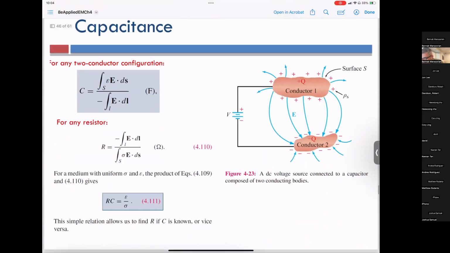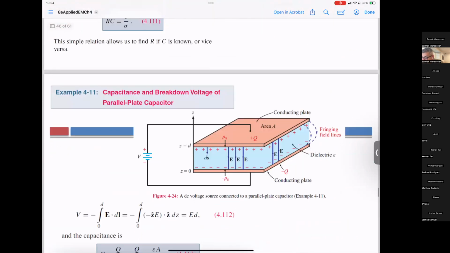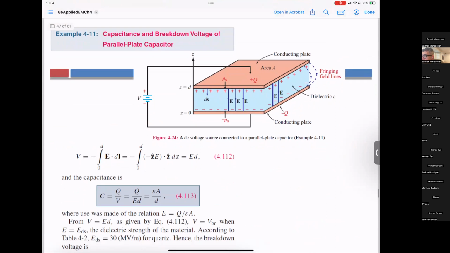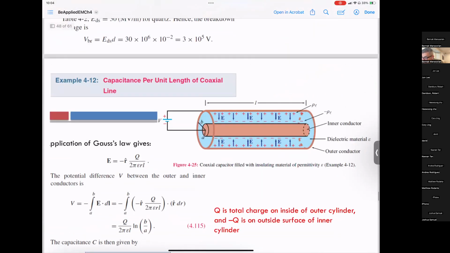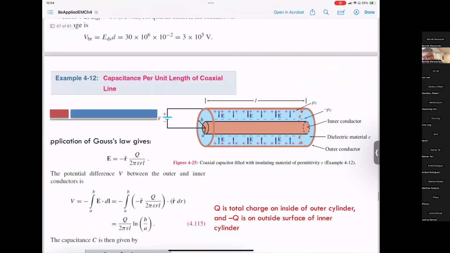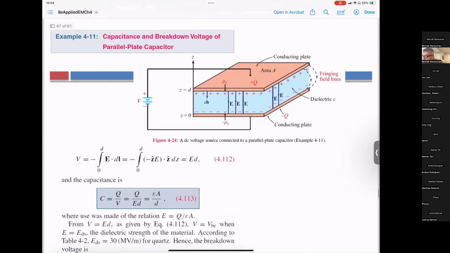So this says, if you have... I don't know what the slide is trying to say, honestly. I've never used this simple relationship between resistance and capacitance. So anyway, I think this is the point I was trying to get to, and of course the next example, but this is a simple